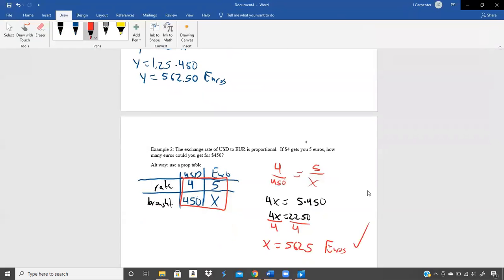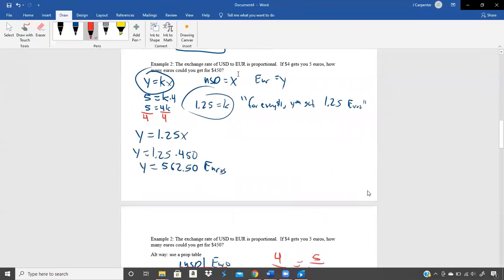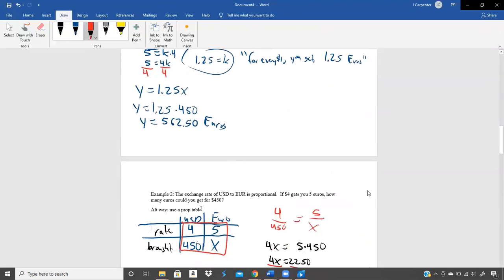Unless the problem asks you what is K or what is the constant for everyone, you get this of how many other things, it would not matter which way you set this up. So if you just don't like tables for some reason, you can take any table and turn it into a y equals kx as long as you write down what you're calling each variable. And as long as you're pulling things from appropriate places, so that means you still have to understand the idea